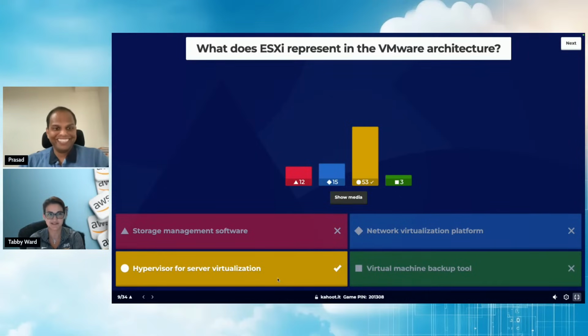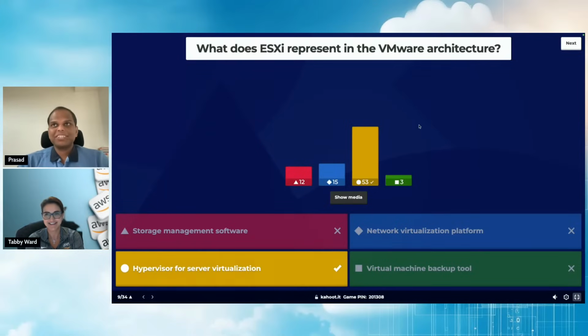True. Yeah. That's right. It's basically, if you want to explain it in a simple term, as I explained, it just kind of lets one physical server run many virtual compute, right? And it gets installed directly into the server, acting as a referee if you're playing sports, dividing up the server CPU, RAM, storage, and everything to make sure everybody gets their fair share. So good job. 53 correct answers.